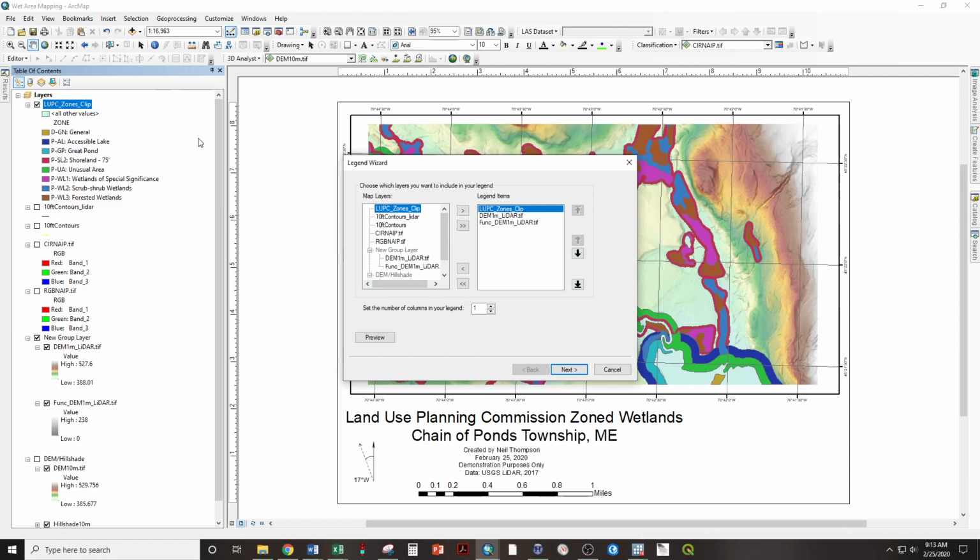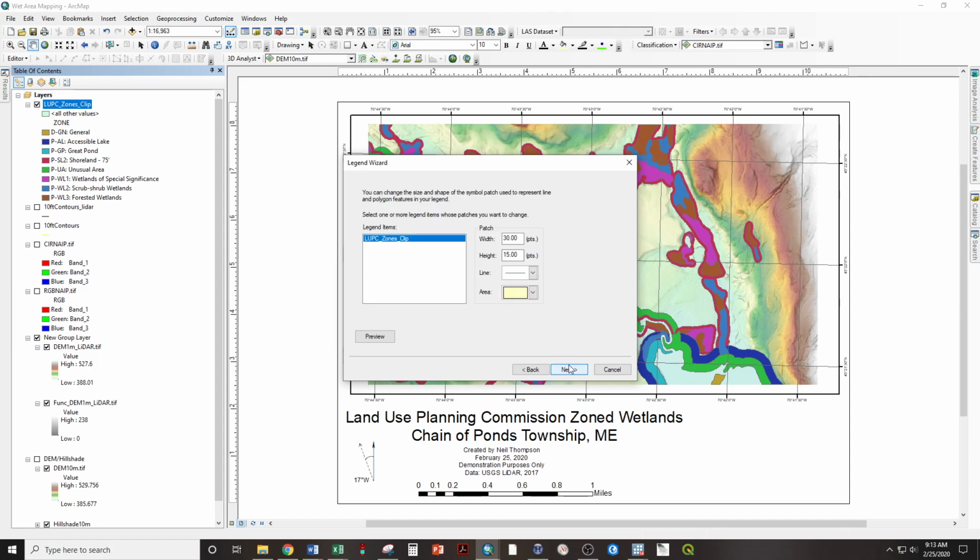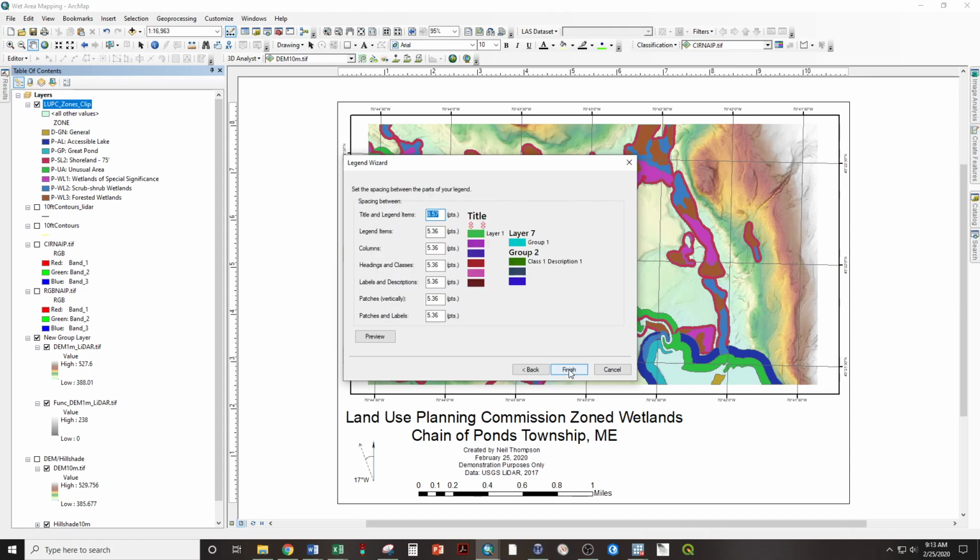Now we'll bring this information over into a legend here. Select the layers you want, remove. If you wish to add, select and add here. I want just the zones. Next. And you'll see several things that you can change here. I'm going to leave the defaults to show you how it works, and then show you how to change them